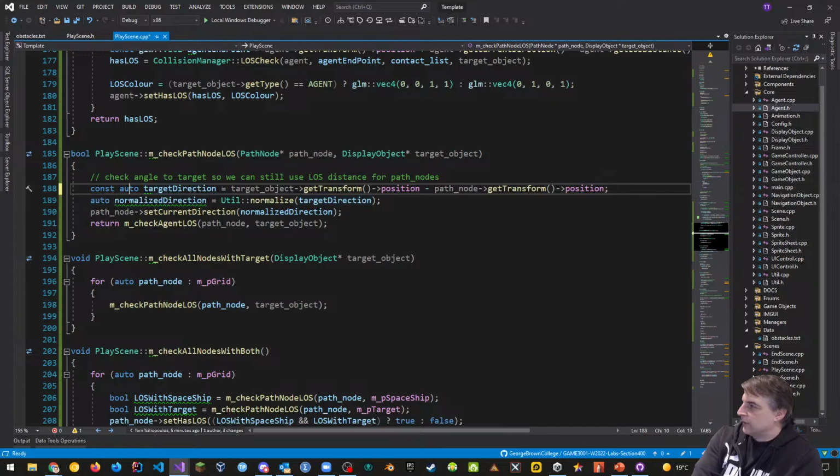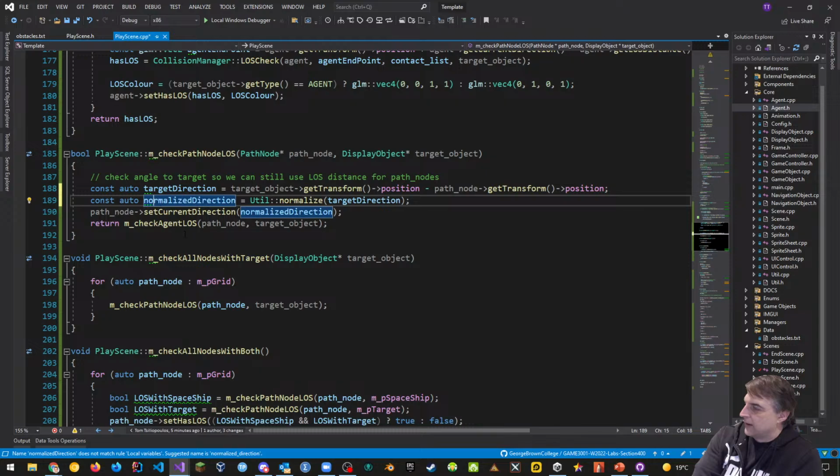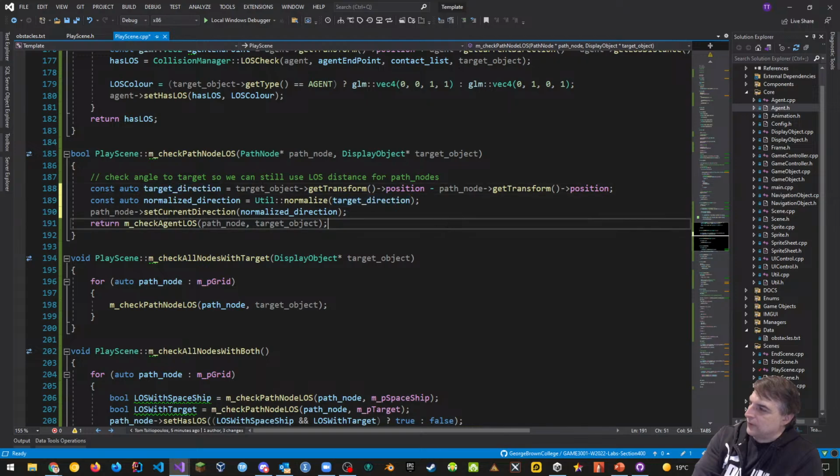Here, same thing, we're probably going to add a const there. And then it's probably going to ask us to name this normalized direction, and this one target direction. I'm okay with these new names. It's going to take away these. I don't want to see any green lines anywhere. So all I'm doing is refactoring here.